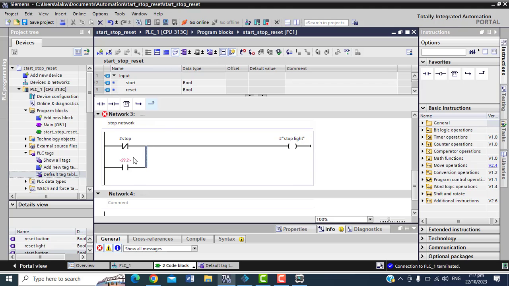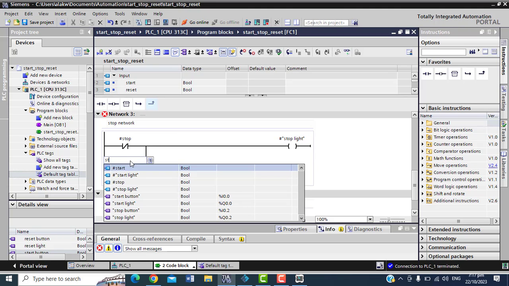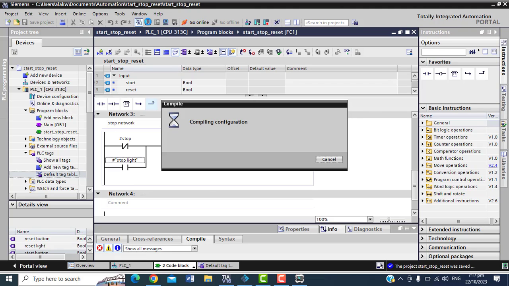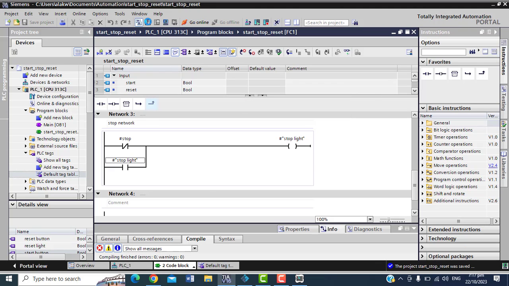So this is your stop light, right? Your light is not normally open or normally closed, because your light is an output. You only do normally open or normally closed for inputs. Okay, so I have finished these things, and if you see what happens here, I save, I compile, I download.